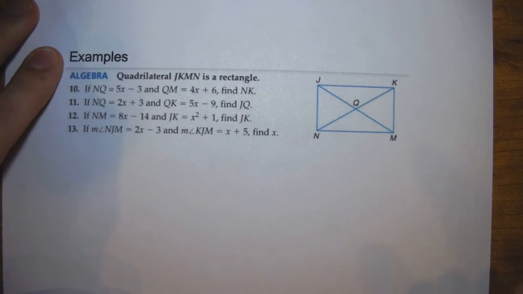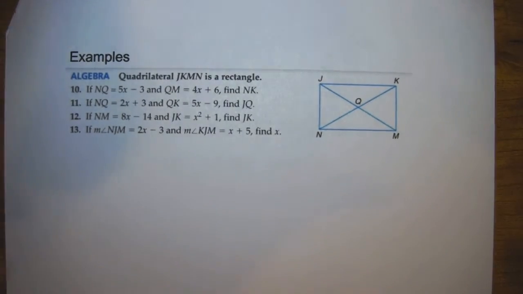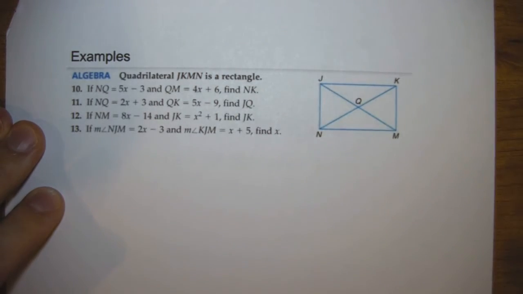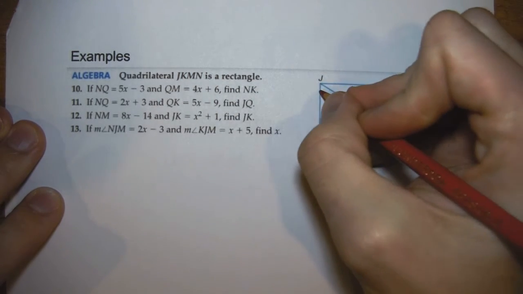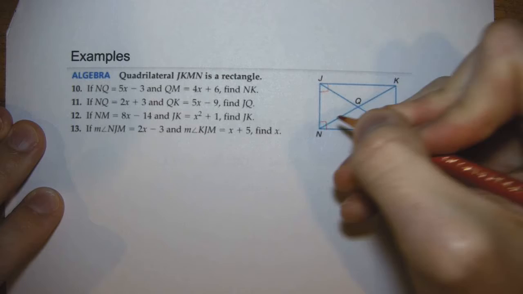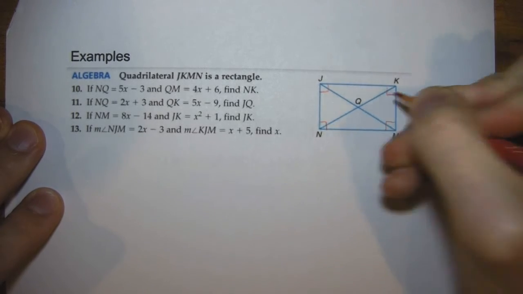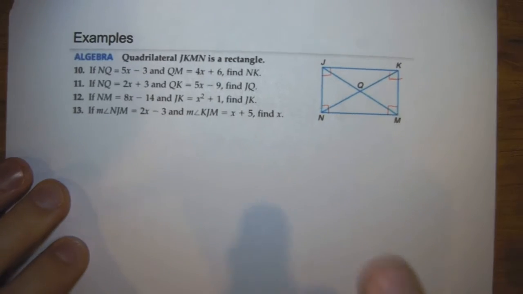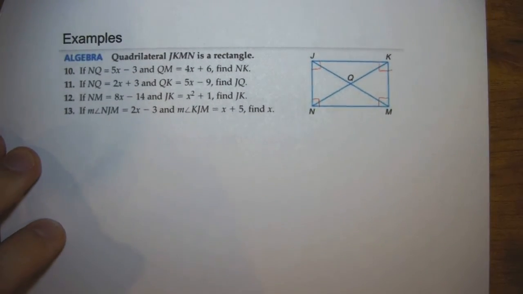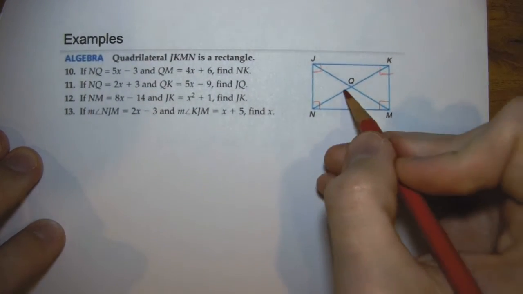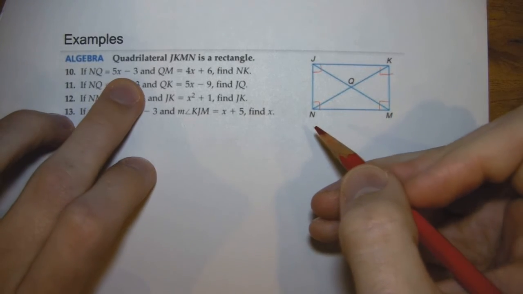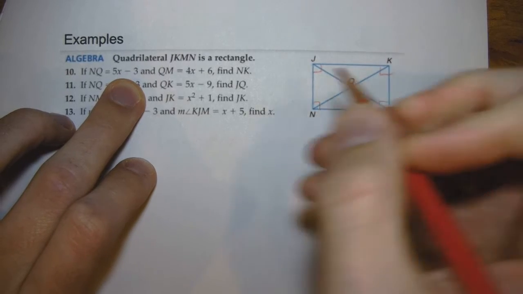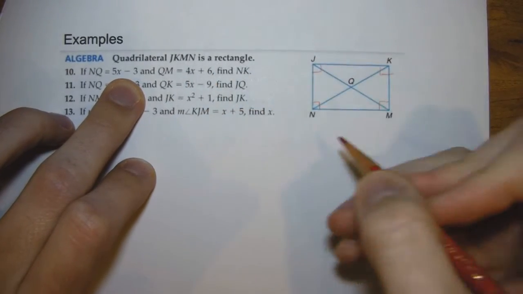Let's take a look at some example questions that you can see with all of this and see what we can do. So again, we've got a quadrilateral, so there it is, and we know that it is a rectangle. So one thing I'm going to do real quick is go ahead and mark in these right angles, just to remind myself that it's not just any old parallelogram, it is specifically a quadrilateral that has right angles, so a rectangle. If NQ, this little segment here, is 5x minus 3, and QM is 4x plus 6,